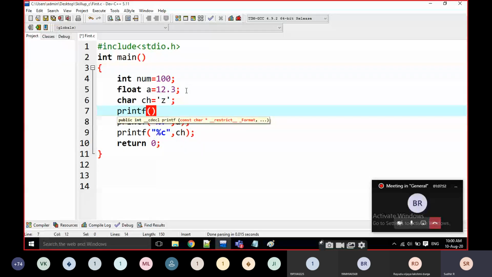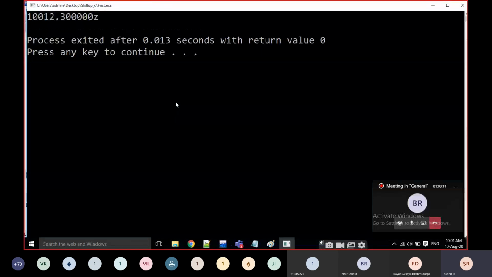Printf percentage d comma num. Okay, now I'm going to execute it. What is the value inside ch? Ch is small z. I am going to execute it. It is going to print the z value, the integer value, and the floating value and the character value.